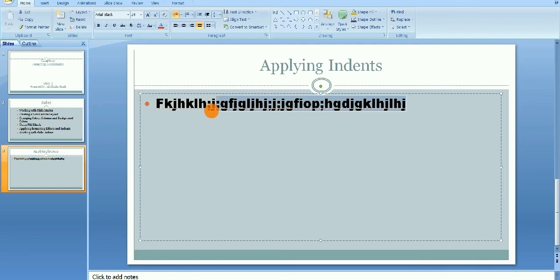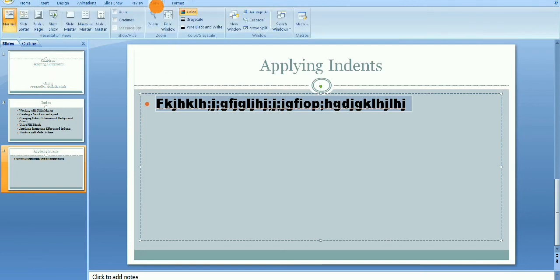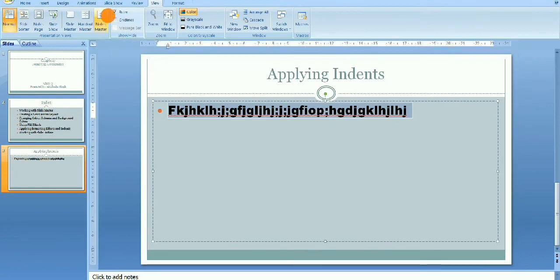From this you just have to click on this. Here the ruler bar is not visible. To make your ruler bar visible, you have to go to the View tab. Within the View tab, in the Show group, check this box, then it will show your ruler, and then you can indent your format.